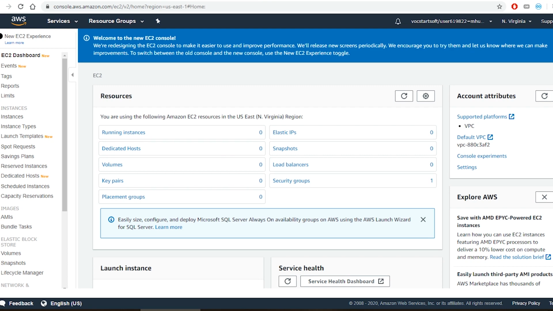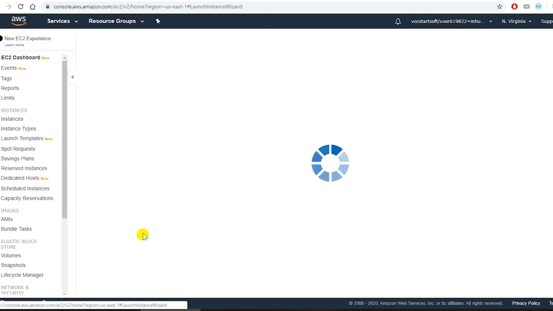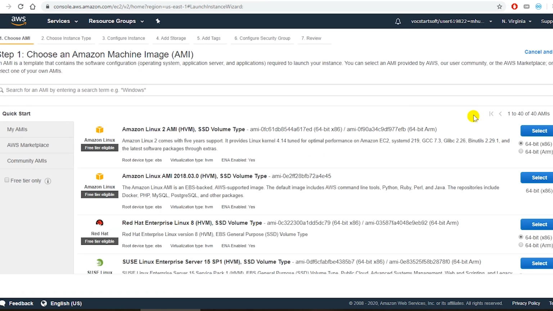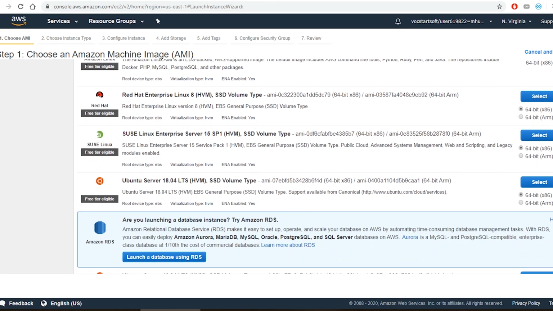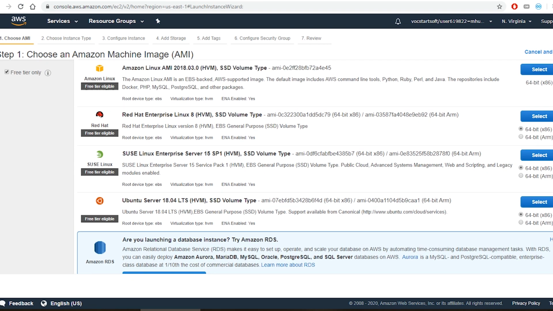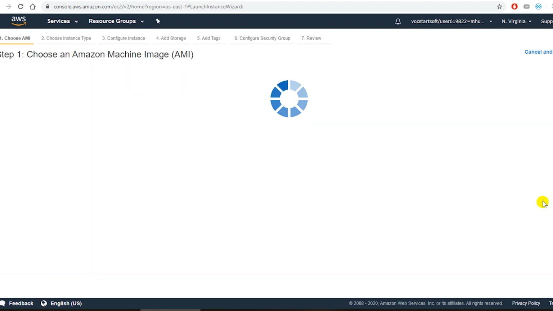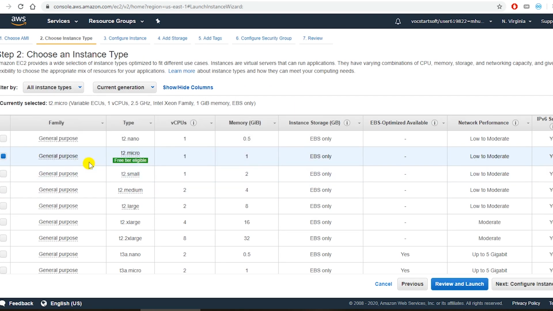Then I will create an Ubuntu instance and install all the necessary components inside that Ubuntu instance. I select free tier only, and then I will look for Ubuntu. You can use any of the Linux instances. So here is Ubuntu Server 18.04. I select this one, and then T2 Micro, which is free tier eligible. So I go next,